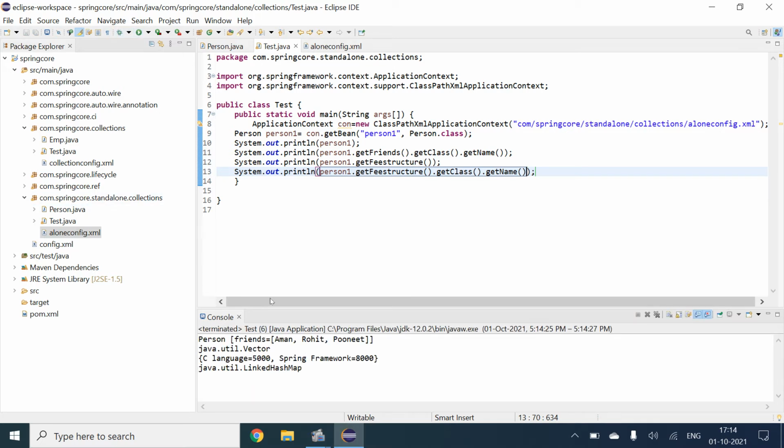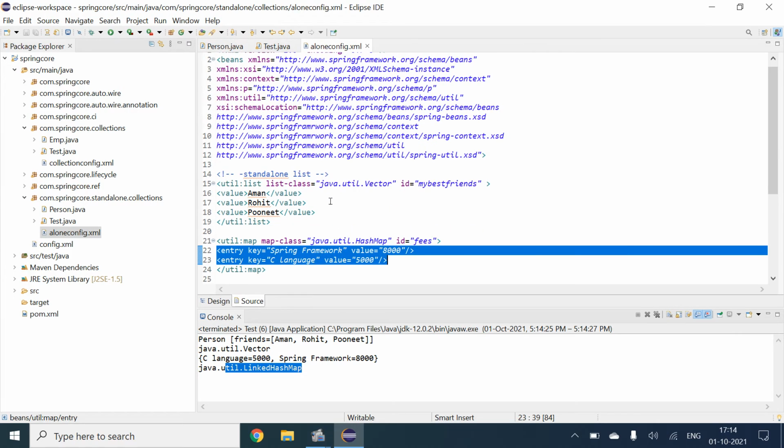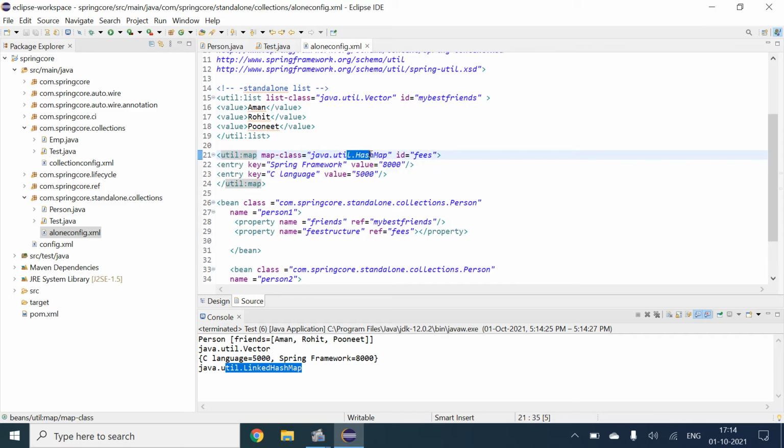We are getting java.util.LinkedHashMap. After the fee structure we have just inserted getClass and getName, and we get the class name. We can also change it if we edit this config. Here we have given hash map, so we can change it here also, so there is no issue.